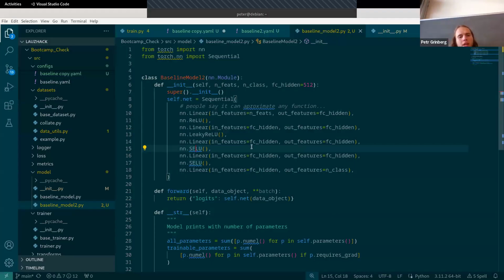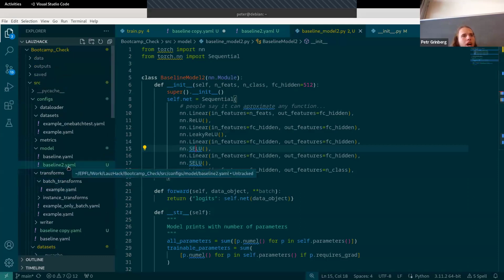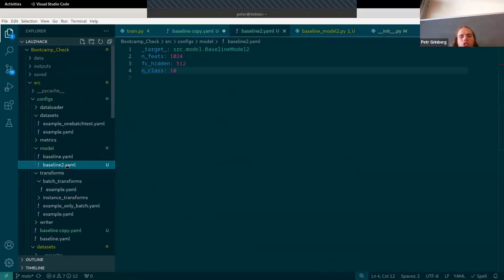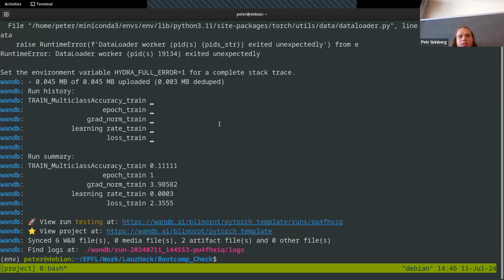I forgot to put it in the seminar, but one of the other problems with IPython or without using Hydra is that if you want to change your config, you will need to create a separate file, or update your file just by saying like this. You will push this update to Git, and your GitHub will have millions of commits which just look like update config, update config, update config. This is bad because you just waste commits on one line of changes. And with Hydra, to change,